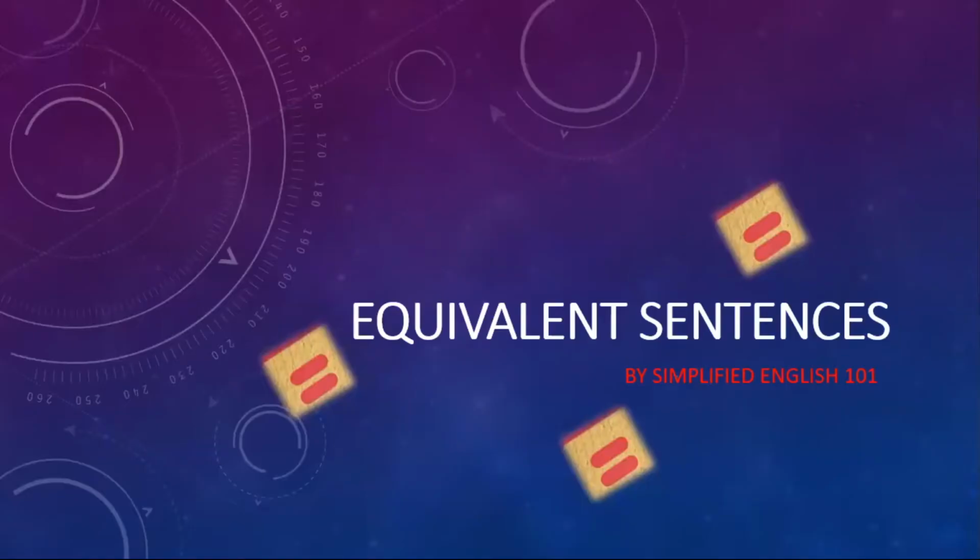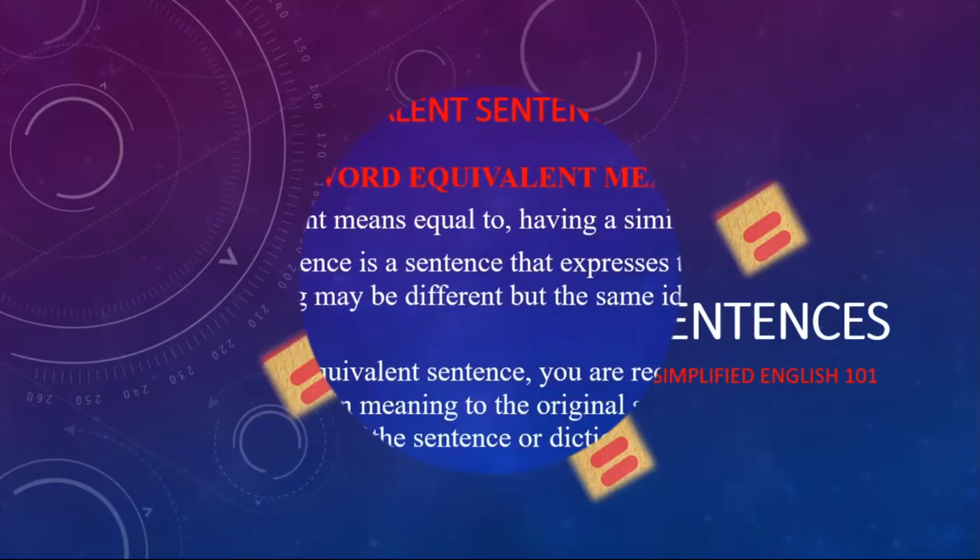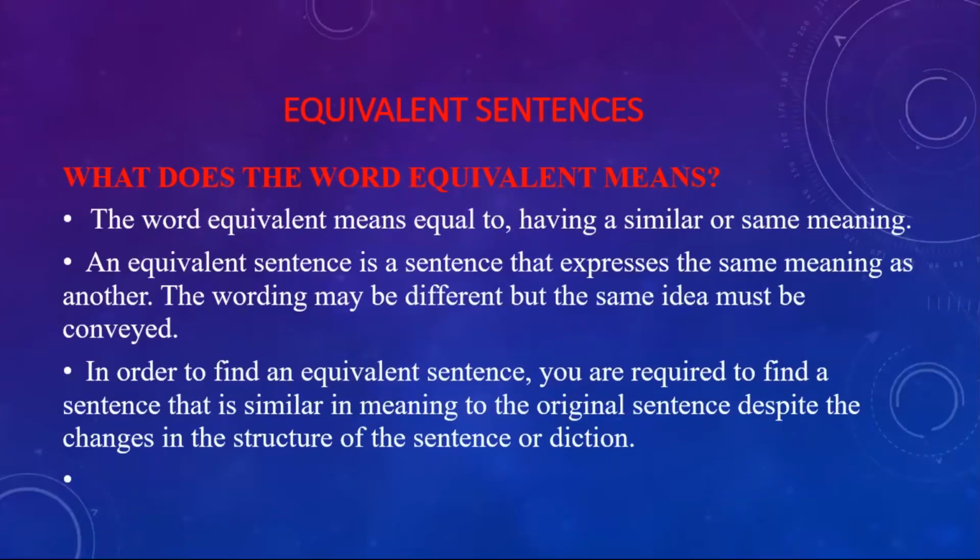In today's video, we are going to be looking at what equivalent sentences are and how to identify them in sentences for CXC. Let's begin. The word equivalent means to be equal to, having a similar or same meaning. An equivalent sentence is a sentence that expresses the same meaning as another sentence, which means that you are expected